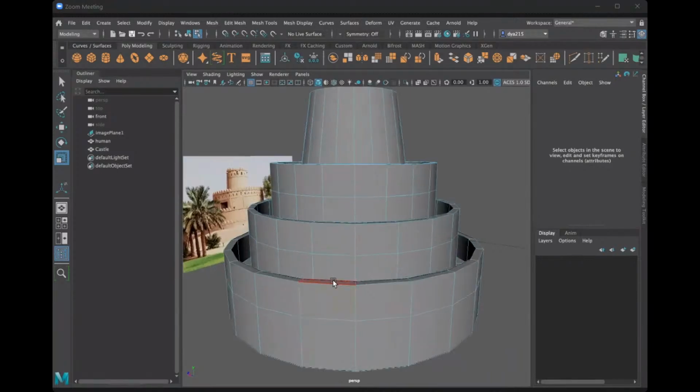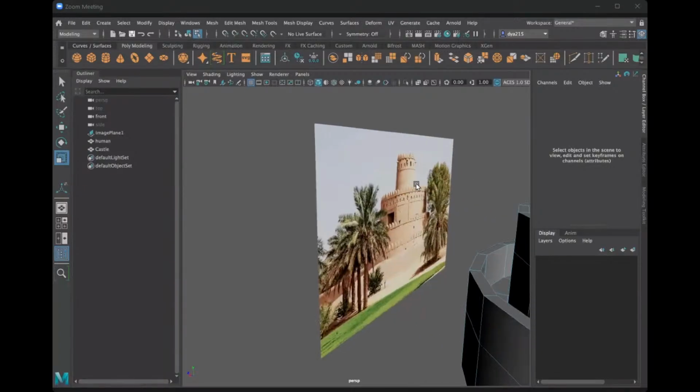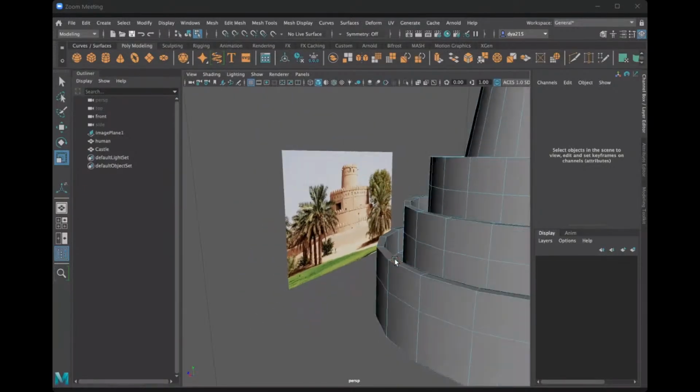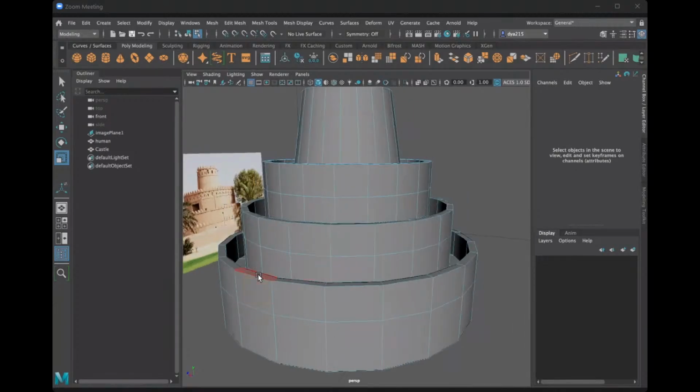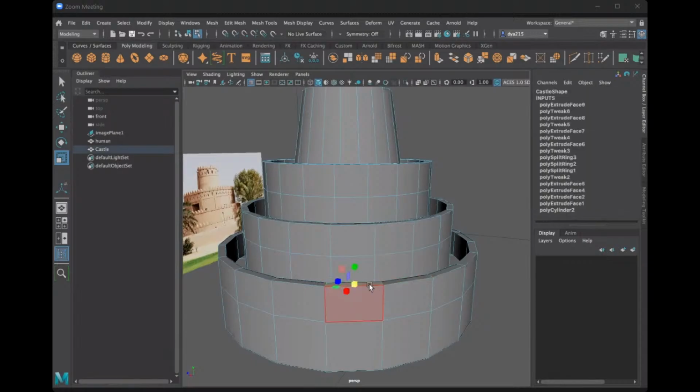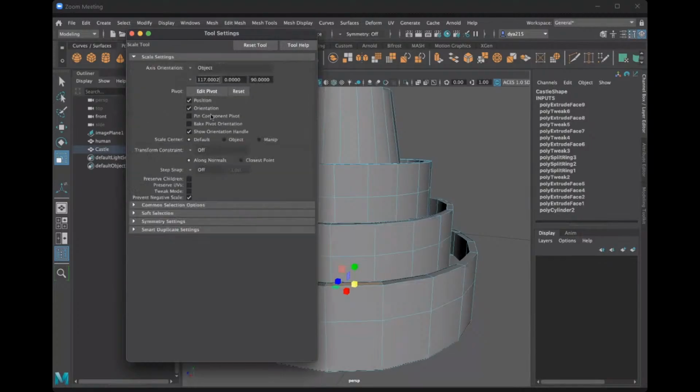Okay, so now that we have extruded these faces, I want to create these ridges, a very basic shape of these ridges. So I'm just going to do a quick demonstration of what will happen. The smartest thing to do would be to click on a face and then decrease it. But